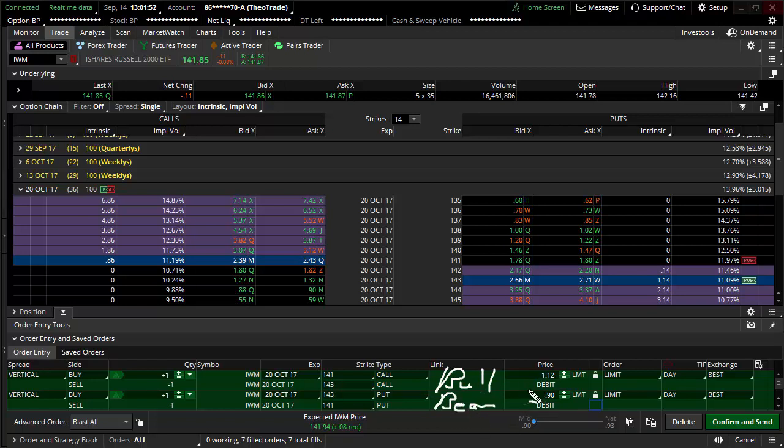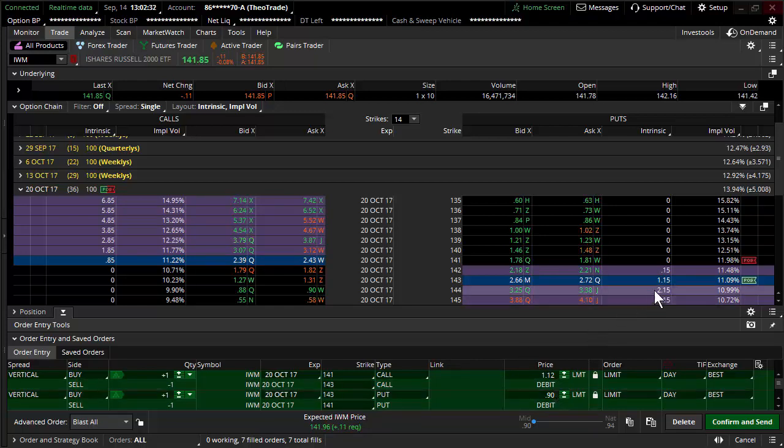Why is the bear trade trading for 90 cents and the bullish trade trading for $1.12? Is the marketplace saying I'm going to go up more? Is the marketplace saying I'm going to go down more? Why are these things priced so differently? Here is a bearish trade trading for 90 cents. The bullish trade is going for $1.12. And you're like, okay, so what? It's a 20, 22 cent difference.